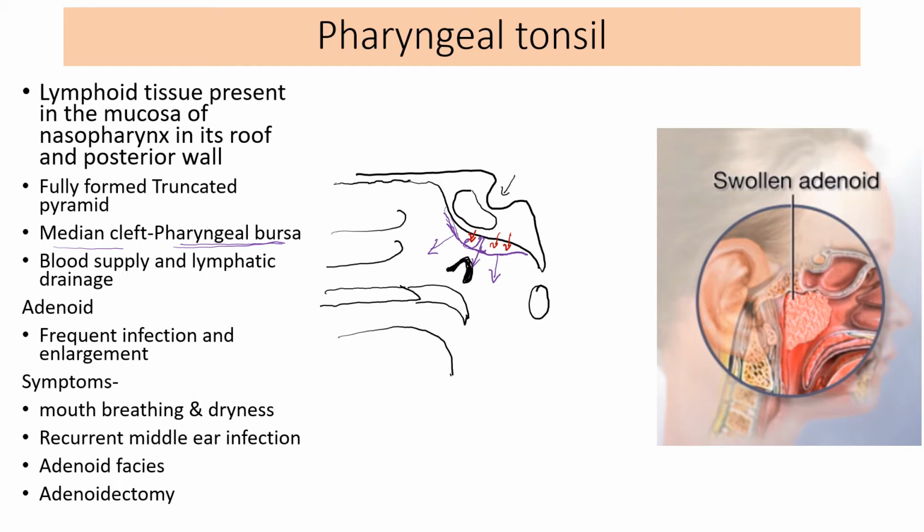Just one more thing here: this part of the pharyngeal tonsil is separated from the periosteum by a fibrous tissue layer which is called the hemicapsule of the pharyngeal tonsil. Okay, so we were talking about the branches of the basisphenoid artery which are supplying it from the base. So when we are removing, we have to take care of these arteries. They should be properly ligated and cauterized to prevent post-adenoidectomy bleeding. So that is about the pharyngeal tonsil or the adenoids, which when enlarged and inflamed are called adenoids.